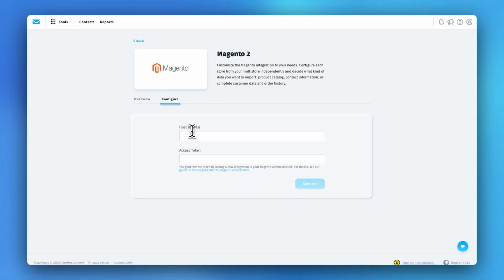Here on the host address, you want to provide your shop URL. Make sure you place it in this format, HTTPS, otherwise you might get an error. And also double check if you don't have any spaces in the end or in the beginning of your URL. Here you can pass the Magento access token, so it's the one that you actually copied before. Once again, make sure you don't have any spaces in the beginning or in the end, and then simply click